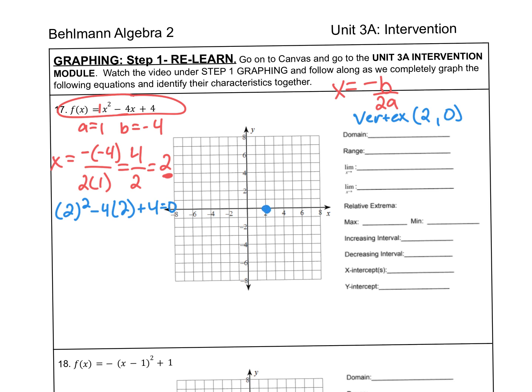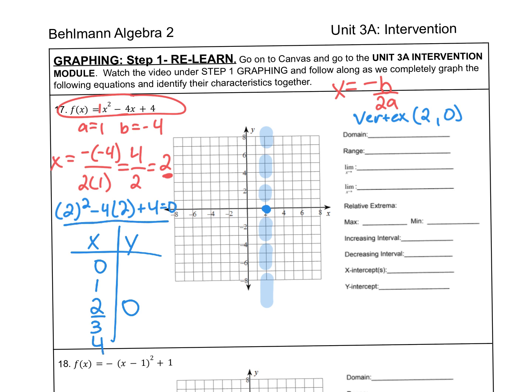We also know that our line of symmetry, that invisible line where this quadratic is going to reflect, goes through that point 2, okay? You don't have to draw that. It's optional, but if you want to be able to see that it's there, I recommend drawing it. And then we build our table, because once we have a vertex, we build our table around that vertex. So I need 2 numbers left of 2 and right of 2. So I've got 1 and 0, 3 and 4,